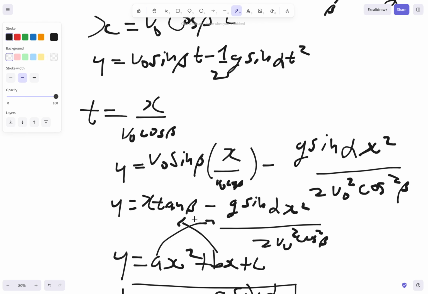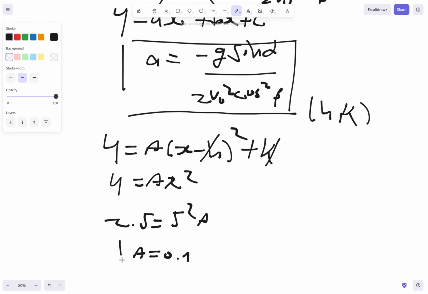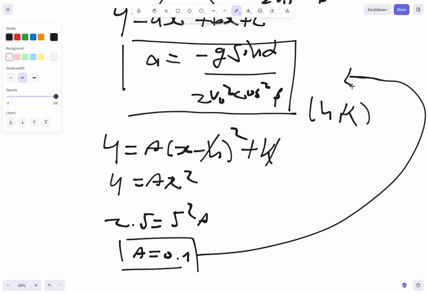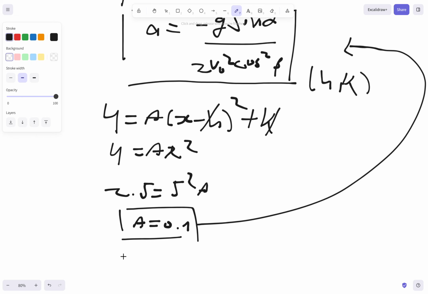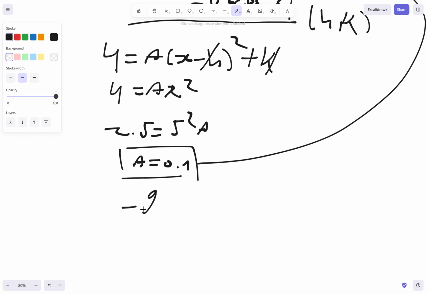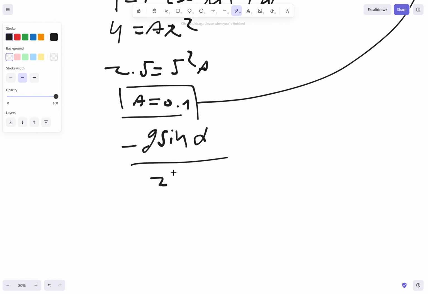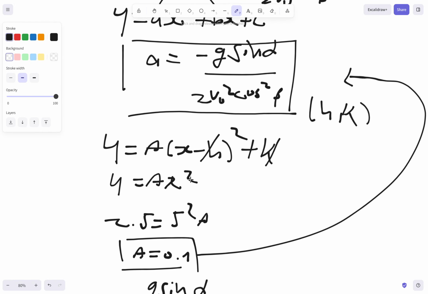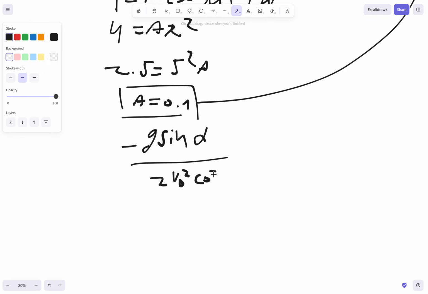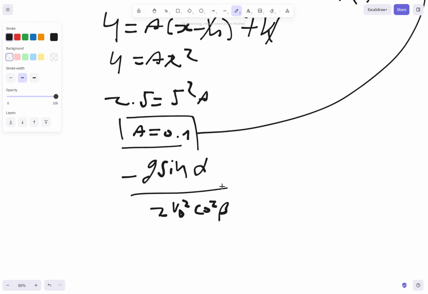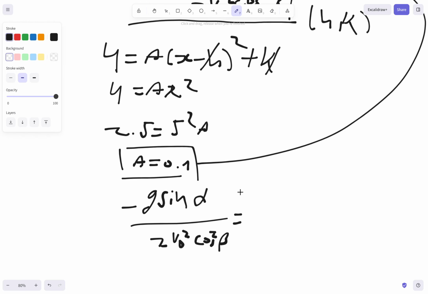So we're just going to take this a value and then set it equal to this. Yeah. So negative g sine alpha all over 2 V0 squared cos beta equals